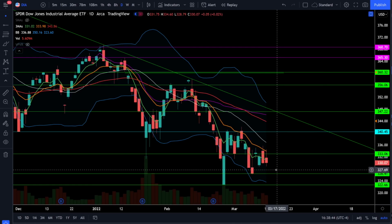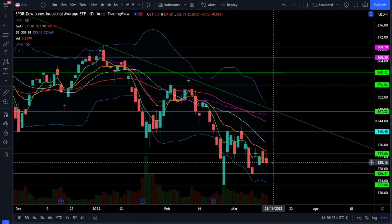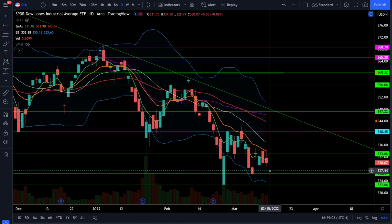In the Dow Jones, we were flat on the day, so not selling off like the rest of the indices, and we see the Dow Jones going up 0.02% today. However, there's still not too much bullish to talk about because the price action is still below all the moving averages and we still do have the strong bear trend. So in the Dow Jones, you have critical support levels at 326,